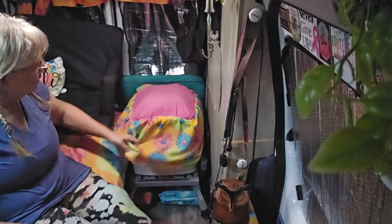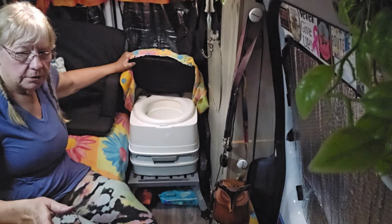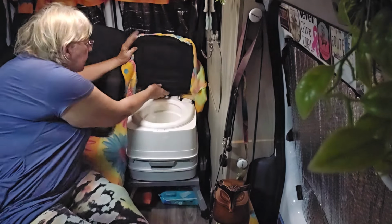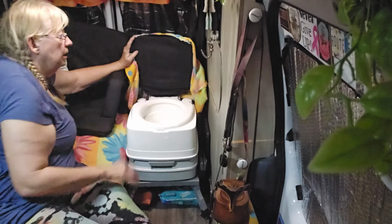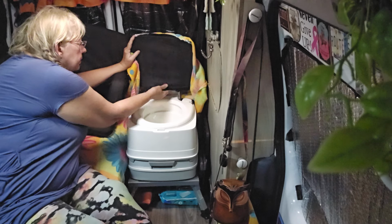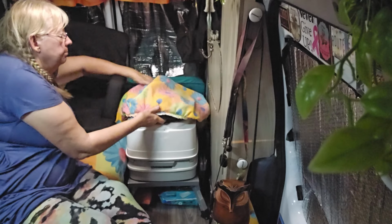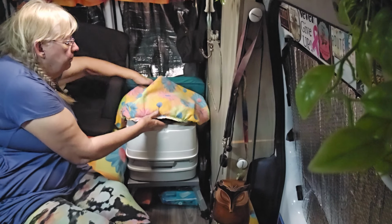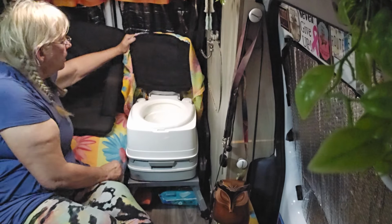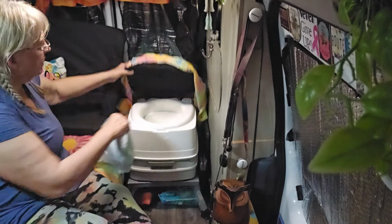And then inside I took, it's actually an old cover from one of my seat covers, and it was stretchy black fabric, and I made like a pocket, almost like a pillowcase. And on one side it stretches over the lid, and then on one side I can slide the bath wrap in here for cushioning when it's not being used to wrap up the potty cartridge or to wrap up me. The other side, I have a plastic bag that's all ready to go,